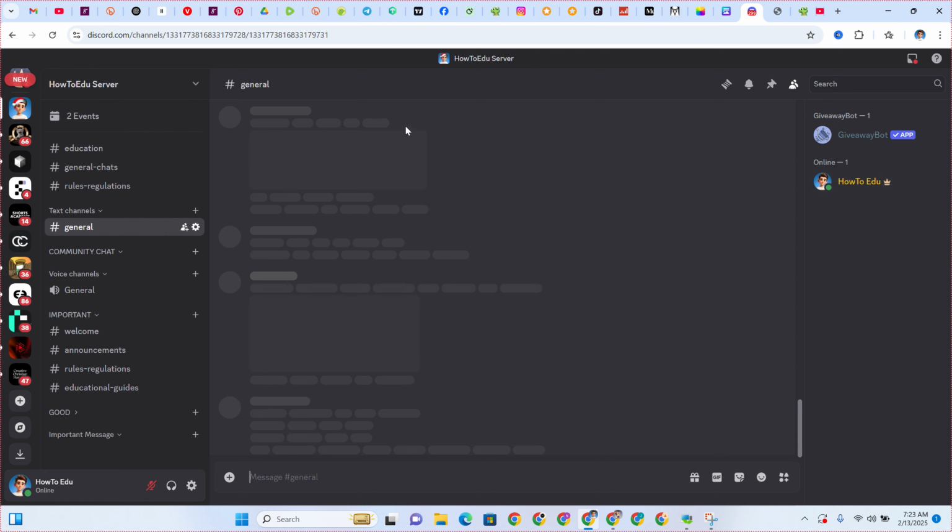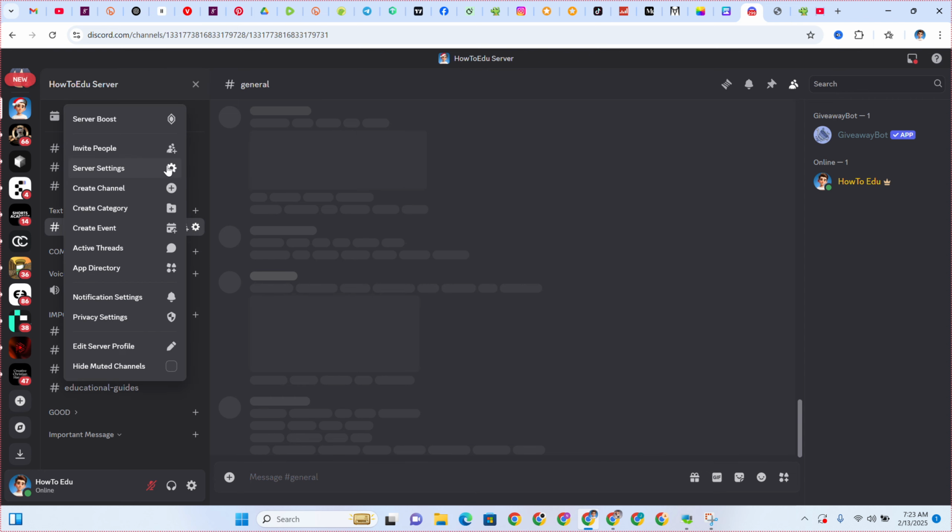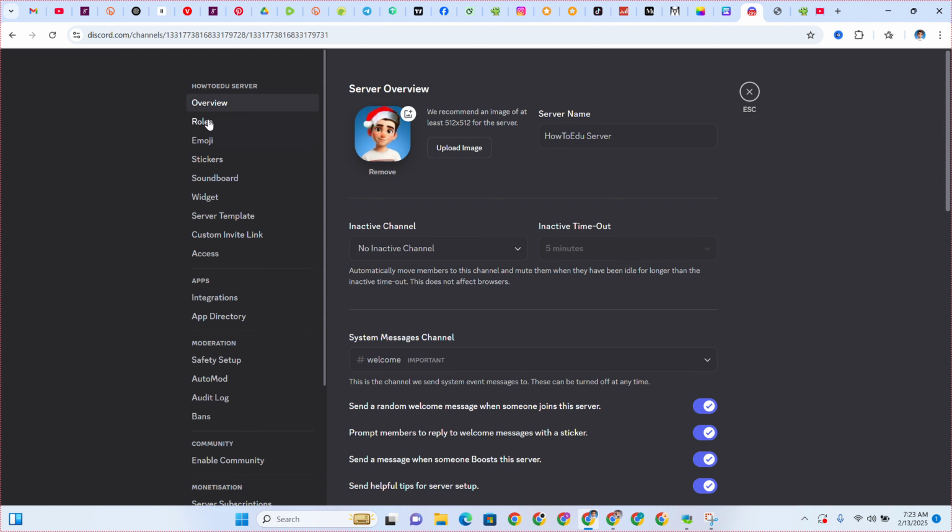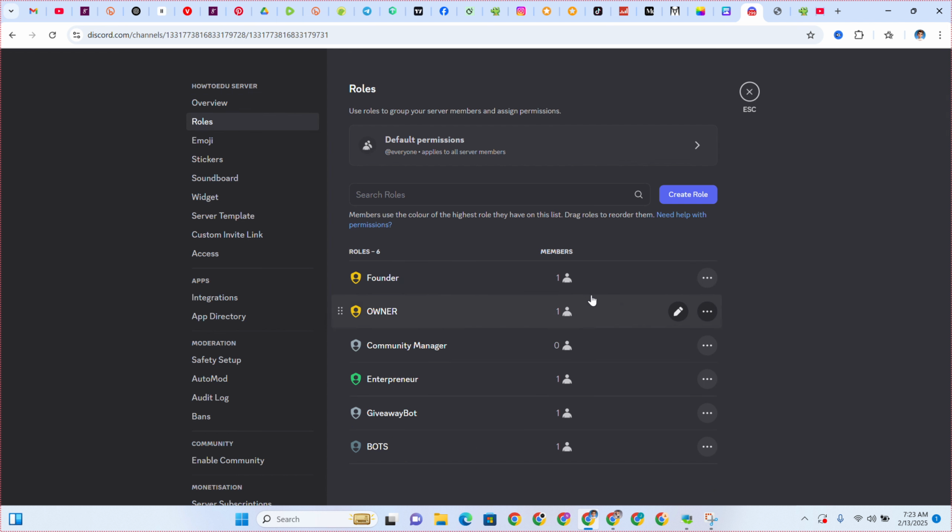What I'm going to do right now, you can do this in any Discord server of your choice, right? So I'm going to click on this, and click on server settings. Head over to the roles, right? Then at first you need to adjust these settings. You're going to place them how you want them to appear. If you want this to be the first to show, this second, this third, this fourth, this fifth, this sixth,